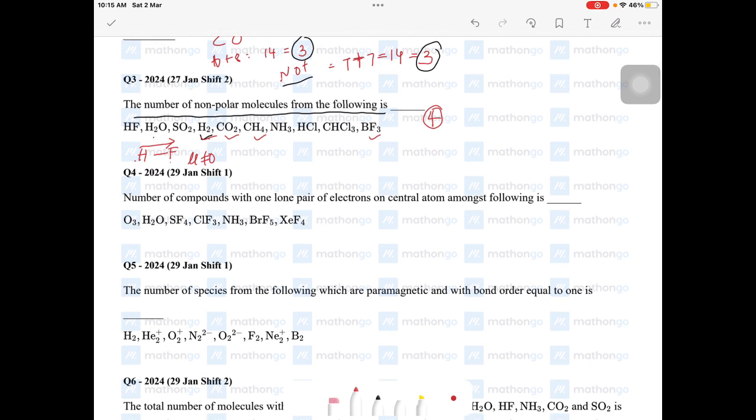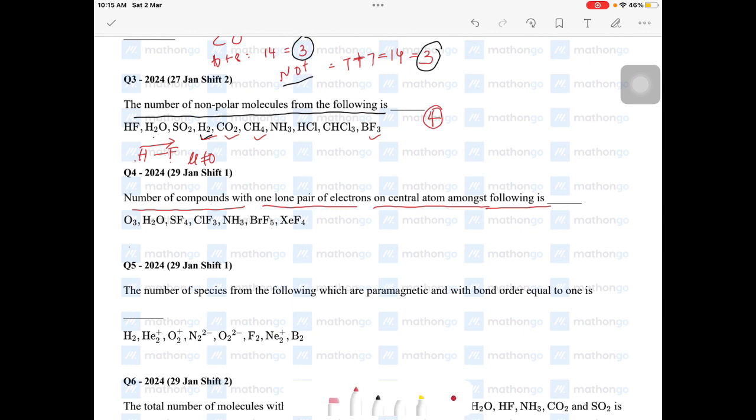Next, take the fourth question. The number of compounds with one lone pair of electrons on the central atom amongst the following is: O3 has one lone pair of electrons, H2O has one lone pair, SF4 has one lone pair. ClF3: chlorine is a 17th group element, contains 7 valence electrons. Out of 7, 3 are involved in bond formation with fluorine, remaining 4 electrons. 4 electrons will give 2 lone pairs, right? That's why